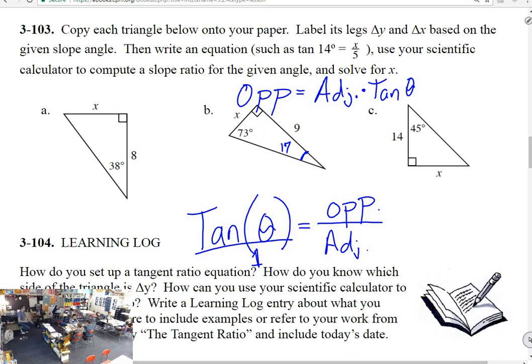Now, here's one thing that I never understood till I got out of high school. If somebody asks you, what is tangent? What is it describing? What is tangent actually giving us? When we work with it, what does it spit out? The slope ratio. That's what tangent is. It's the slope ratio. That's it. That's all you need to know. Tangent is slope ratio. And now you can calculate anything to your heart's content.